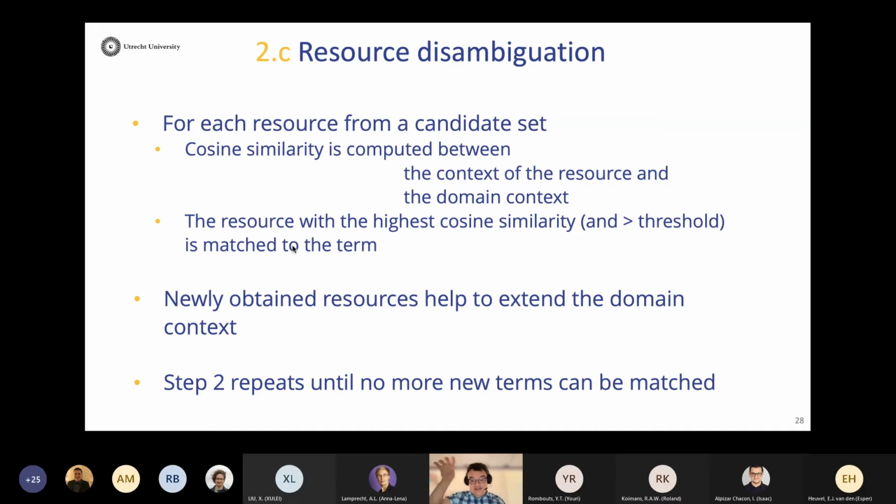Whichever resource has the highest cosine similarity for this particular term wins, and if it's above the threshold, then we see that it is also a term that corresponds to statistics. We add it to our core set, and we extend the core set context with the abstract of this resource. So basically, we gradually verify, from a smaller set to bigger and bigger sets, which of the Wikipedia resources correspond to which terms within our textbook index.